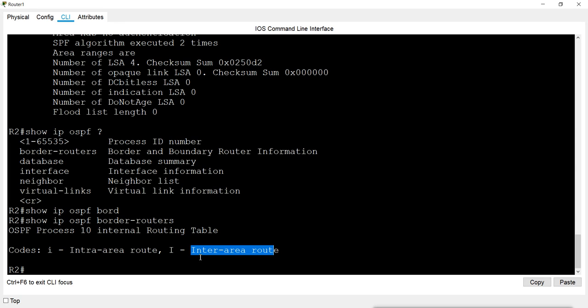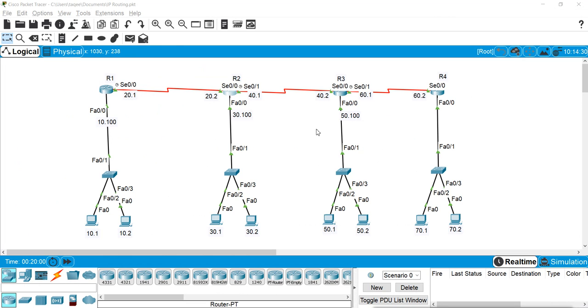That means if you get any route from outside your area, it will say I. If you get any route within the area, it will say small i. But there is no border router here, because in this topology we don't have any border router. All the networks and all the routers are in a single area, that is area 0.